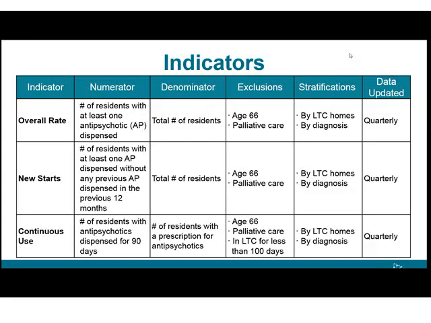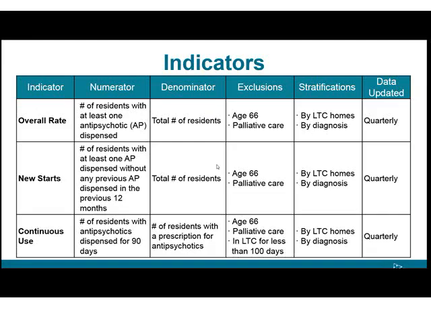least one antipsychotic prescription dispensed compared to the total number of residents in your care. The exclusions to this group are residents who are not 66 years of age or older, as well as those receiving end-of-life care or palliative care. We can stratify these by long-term care homes as well as by diagnosis, and the data is updated quarterly. So this table and the next slide include a similar table. We'll go through all the indicators, identifying the numerator, denominator, what it excludes, as well as what stratifications are possible, and the data updated. So again, we'll have overall rate,